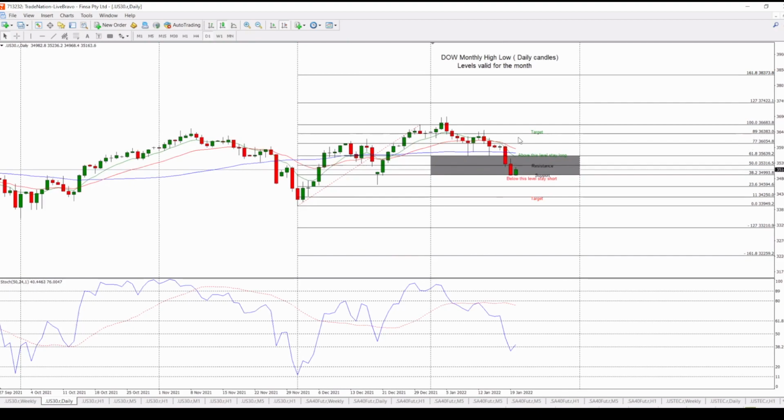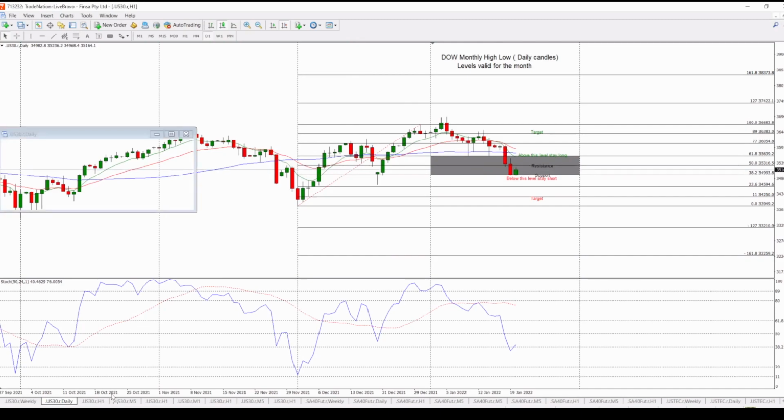If you look on the moving averages, 21 is above 8, that's indicating trend is down. Also, if you look on the stochastic, it is currently back inside that consolidation area. So let's see if we can get a push down for some clear indication of where we are going.